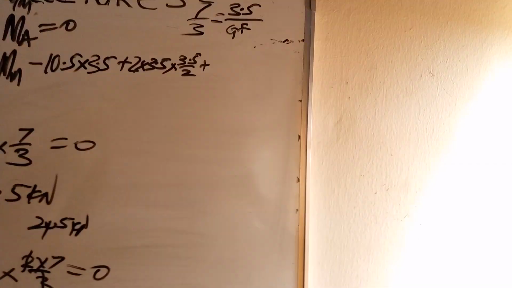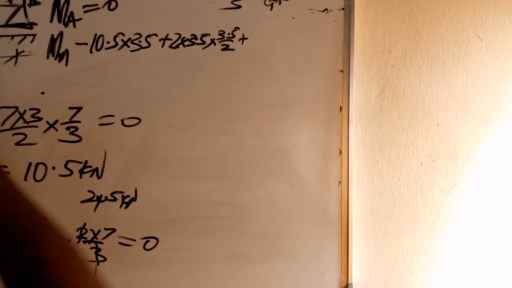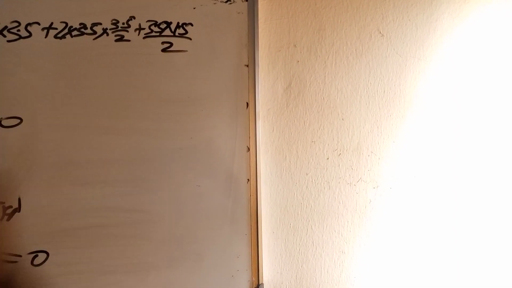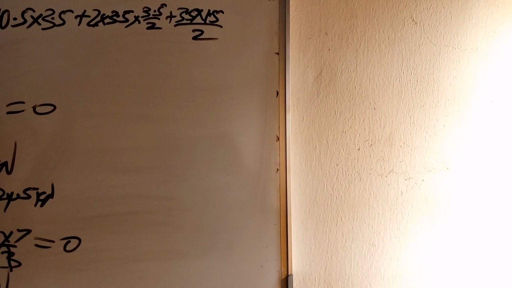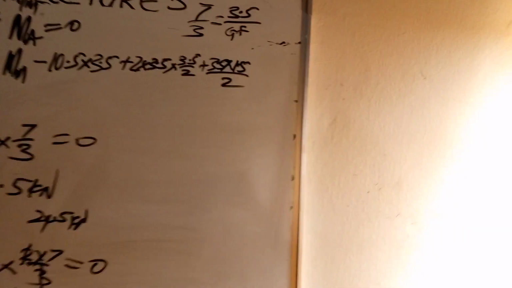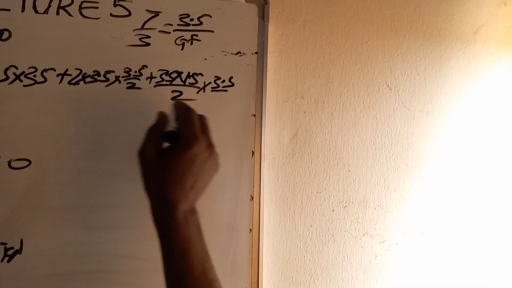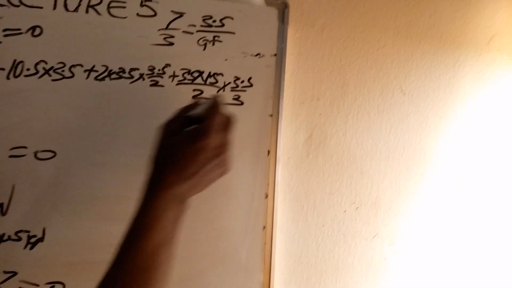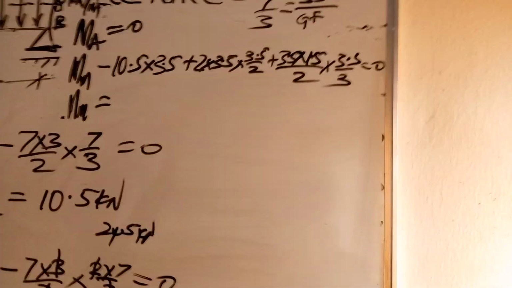And if that's the case, I can now get the area. The area of the triangle is 3.5 times 1.5 over 2. As a moment, I now take one third of the length, 3.5 over 3. So the moment at the middle,